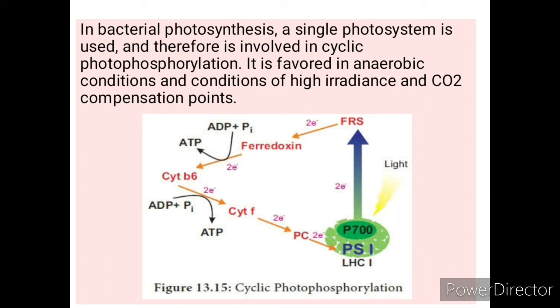That means whenever chlorophyll A emits the electron to the electron carriers, these electron carriers accept the electron, perform the function of photophosphorylation and give the electron back to the reaction center, and hence it forms a cycle of electron transport, and so it is called cyclic photophosphorylation. It means the cyclic flow of electrons is coordinated with the formation of ATP, that is photophosphorylation. This is only useful for the formation of ATP, which is the high energy source.